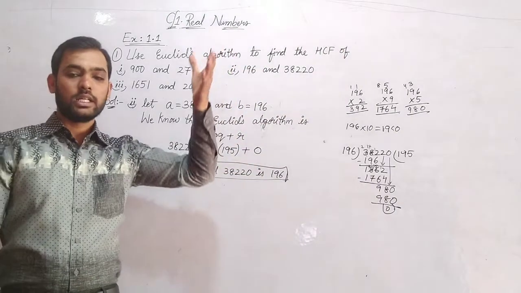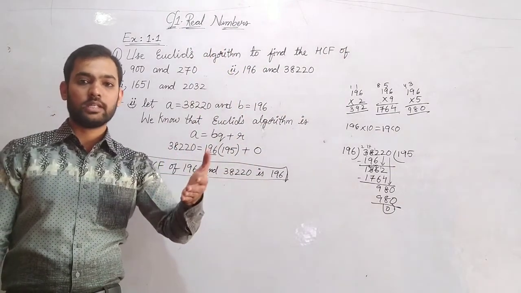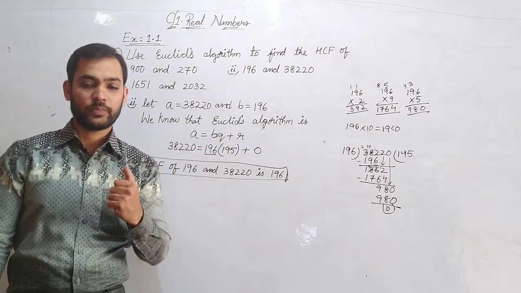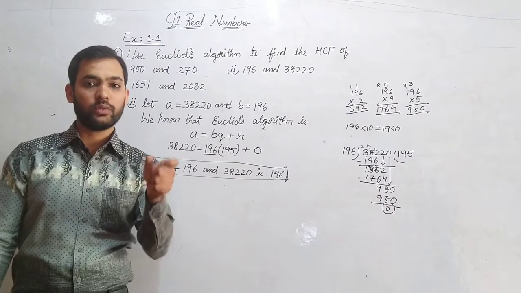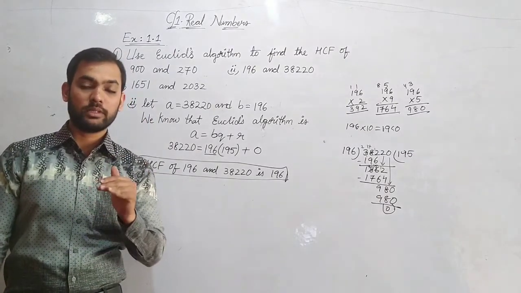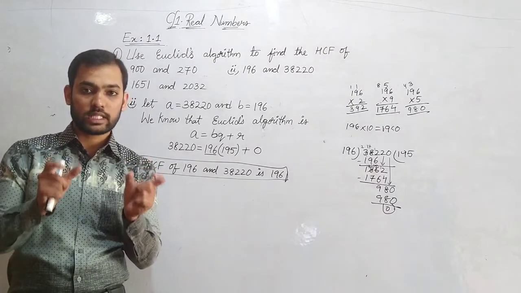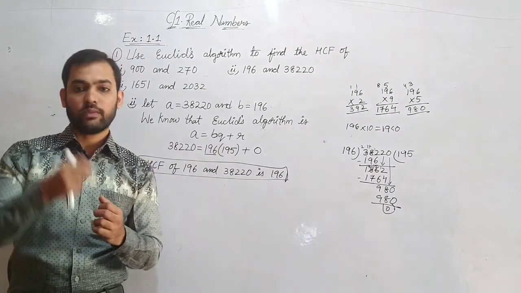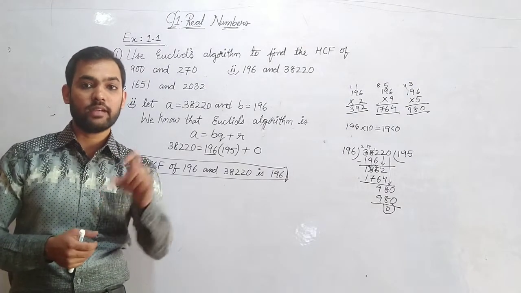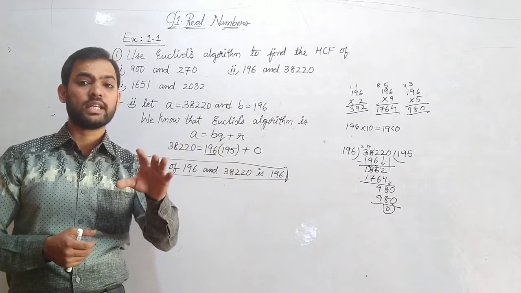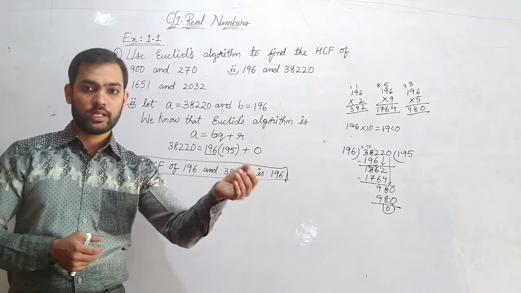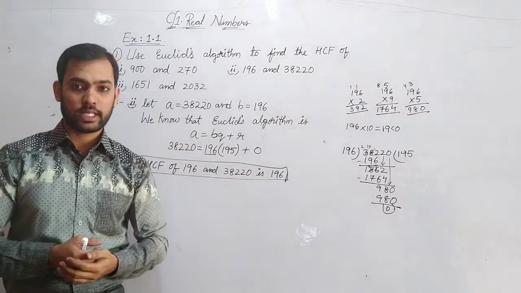Sometimes you may get one of the numbers itself as the answer. Like when you see the numbers 4 and 32. Here among 4 and 32, you will get 4 as your HCF because in the 4 table, 4 comes and in the 4 table, 32 also comes. Whenever you get such numbers, you will get one among them as the HCF answer. Similarly, suppose you have 5 and 125. Here your HCF will be 5 because 5 ones are 5 and 5 25s are 125. So here the same number becomes your HCF.